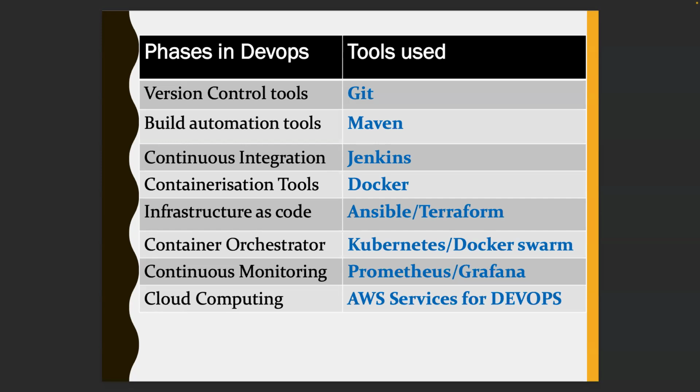Preethi, what about the ELK? Will it be covered or not? Elasticsearch, Logstash and Kibana will not be covered. We are covering Prometheus here as a monitoring tool. Prometheus and Grafana only will be covered.